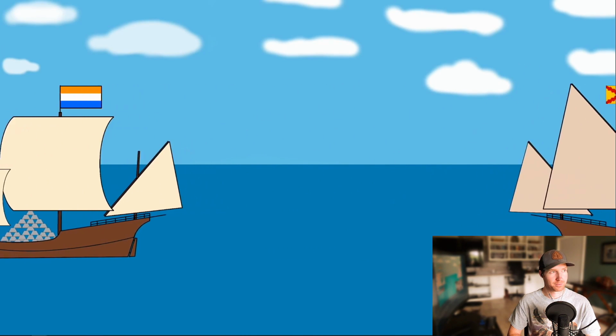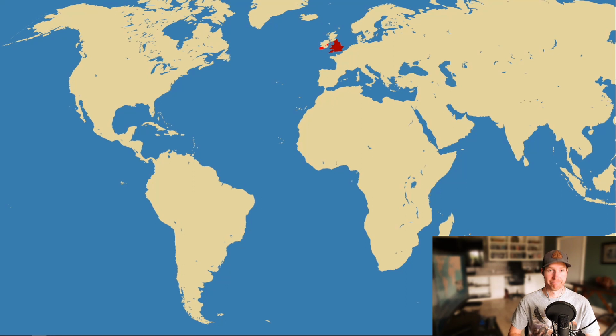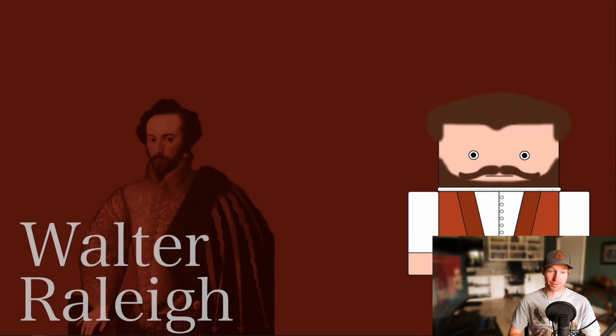The most famous of England's privateers is Sir Francis Drake, who conducted numerous highly profitable raids against the Spanish. He also circumnavigated the globe and even claimed land in what is now California. Beyond privateers, England also sent explorers to the New World, such as Sir Walter Raleigh, who set up a soon-to-be